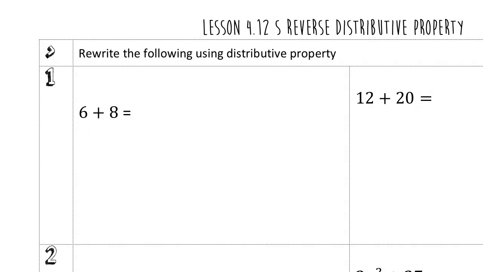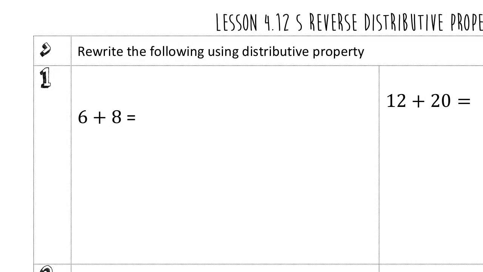So we know with distributive property, we usually take whatever's on the outside of the parentheses and we multiply it by both items that are inside the parentheses. Well, with reverse distributive property, we try to break down things that are written as addition or subtraction to see if they have anything in common that we can pull out, thus reverse of the distributive property. So what we're going to do first